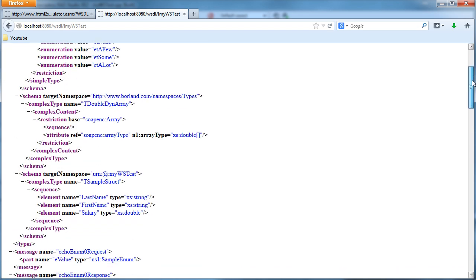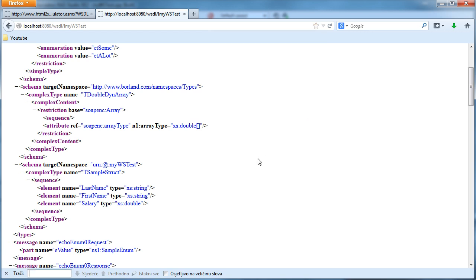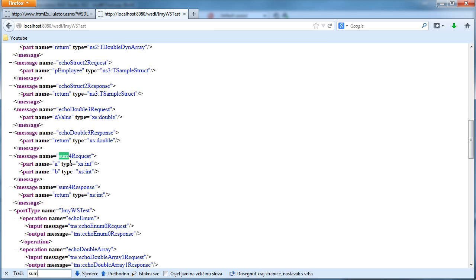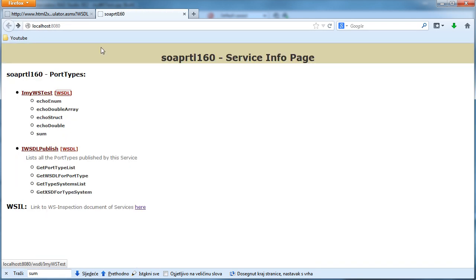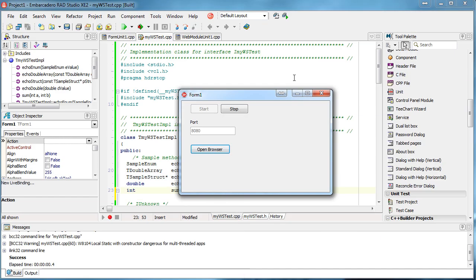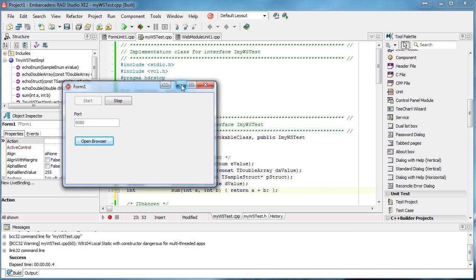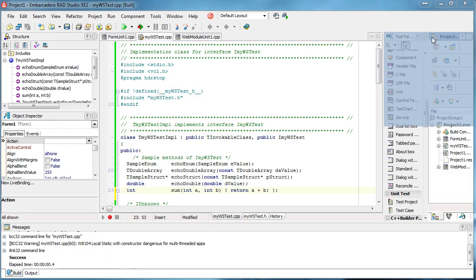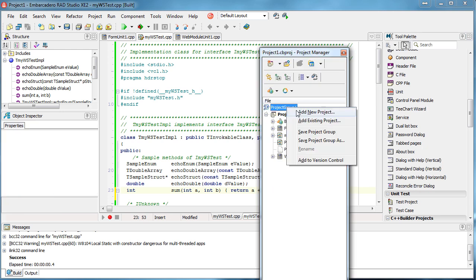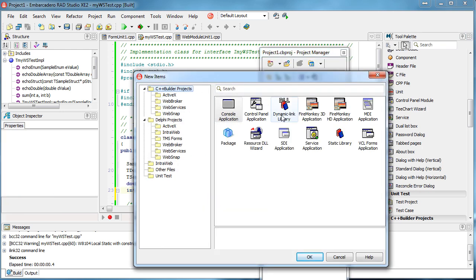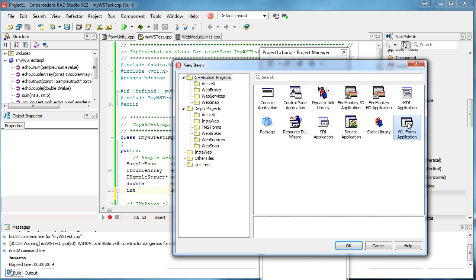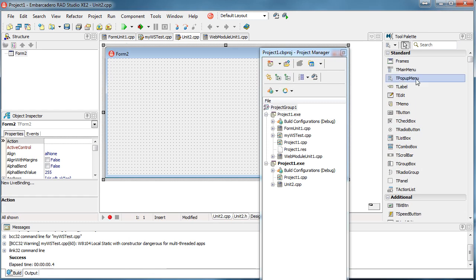Open VSDL. Let's search for sum. Sum, it has A and B as parameters. Okay, return type is also integer. So meaning our VSDL document is automatically generated. Okay, and what I'm going to do now, I'm going to leave this application working, and I'm going to create another application, new project. I'm going to create an application that will use this web service, VCL Forms application, and